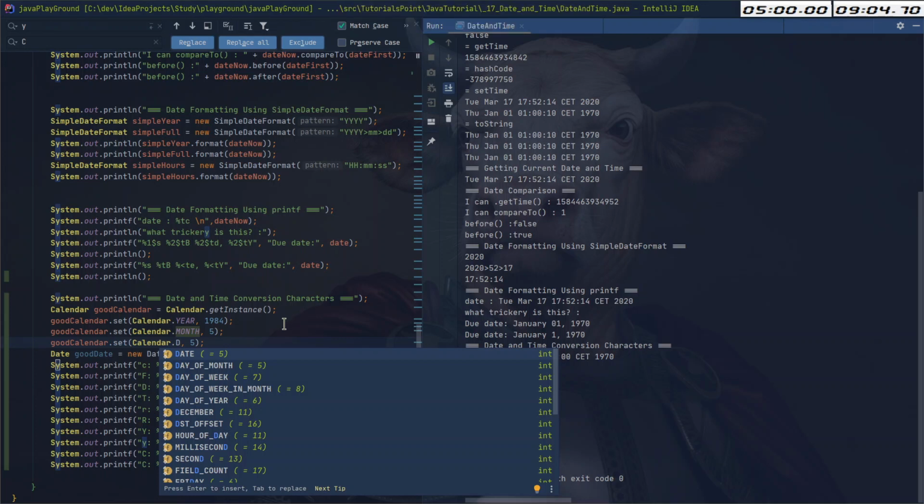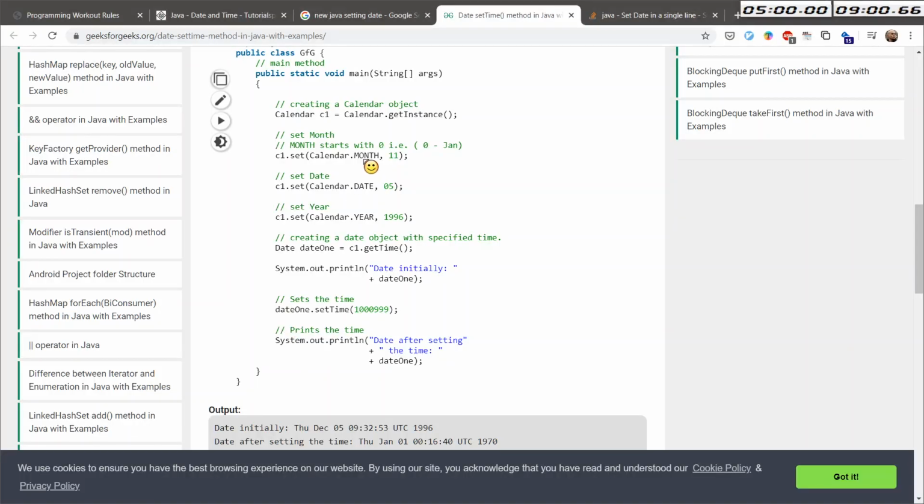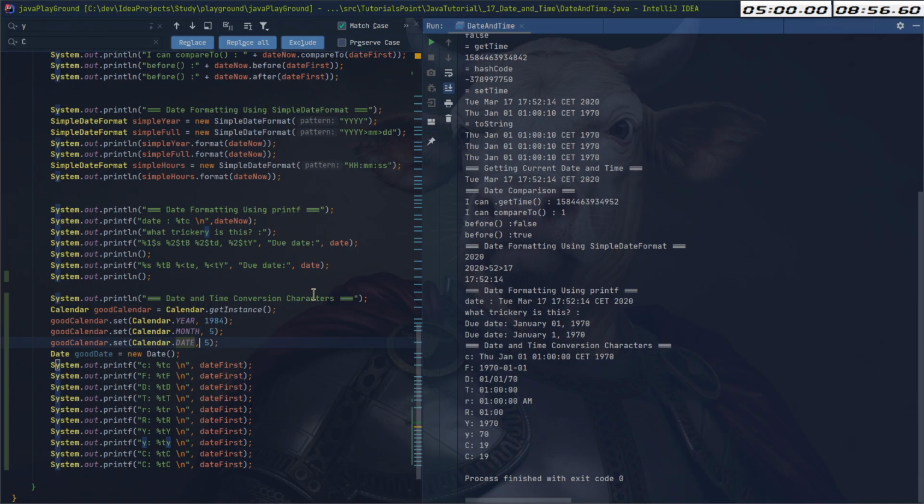Date might be, does it say date, year, month, date, yeah. So 3,